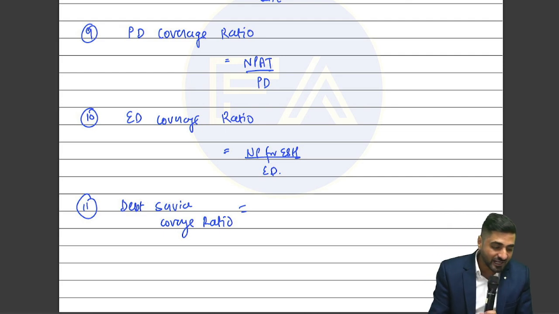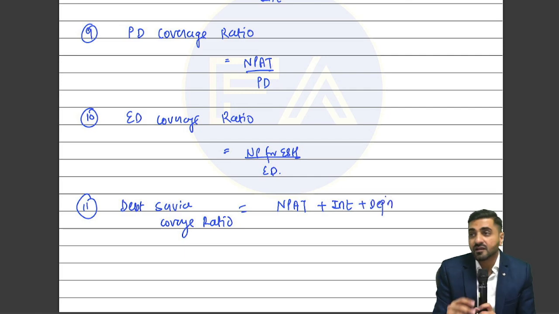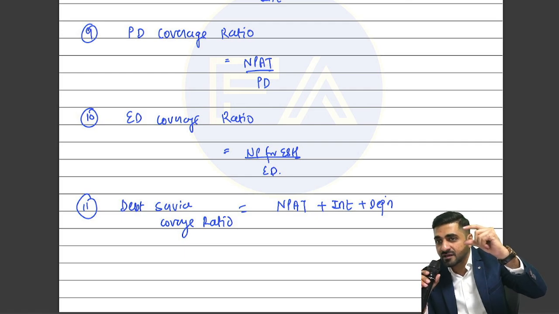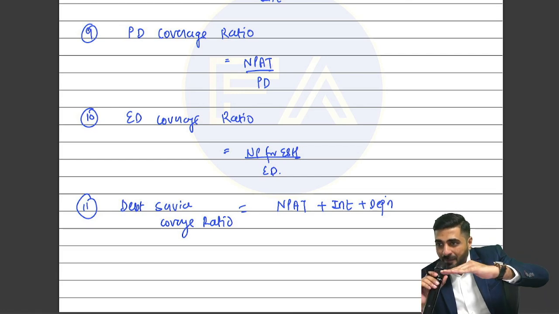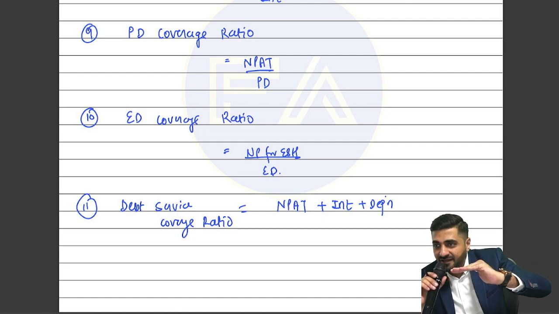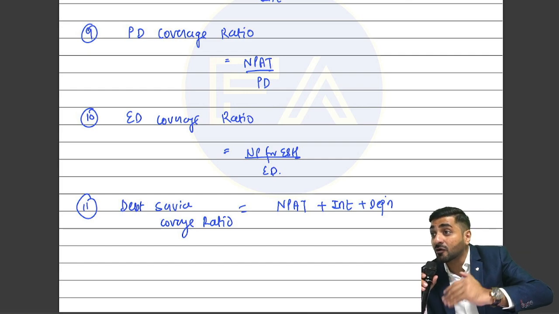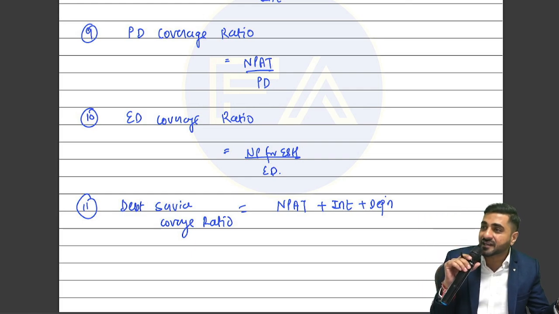Okay, so your debt service coverage ratio actually has net profits after tax plus interest and plus the amount of depreciation. First of all, why have I added interest? Because see, I want to see what is the total amount available with me through which I can service a debt, through which I can pay a debt. So in NPAT, automatically interest gets subtracted, right? If interest gets subtracted, I've already reduced that amount, but I want to see what is the amount I have to pay the amount of the loan. So Rahul, don't you think I have to add back the amount of the interest? Come on, yes or no?